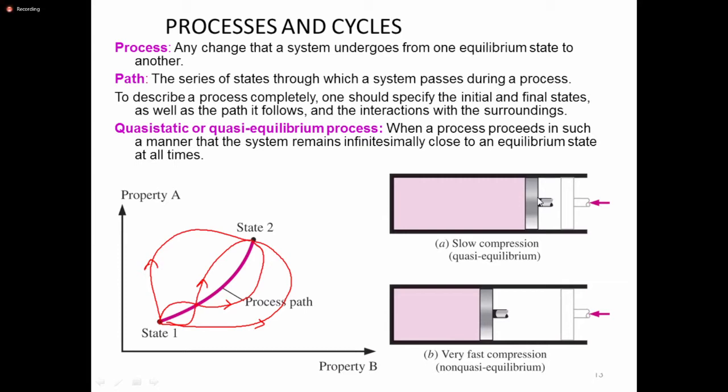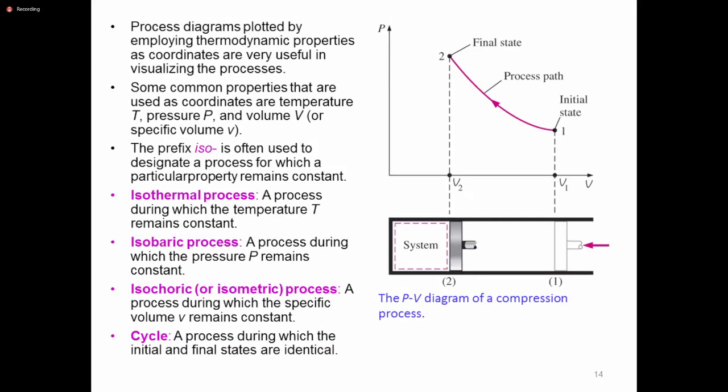If the process is categorized as quasi-static, that means that process consumes an infinite period of time in order to move from state point 1 to state point 2. And a series of such processes is called a quasi-equilibrium process or quasi-static process. These processes are classified under different categories.